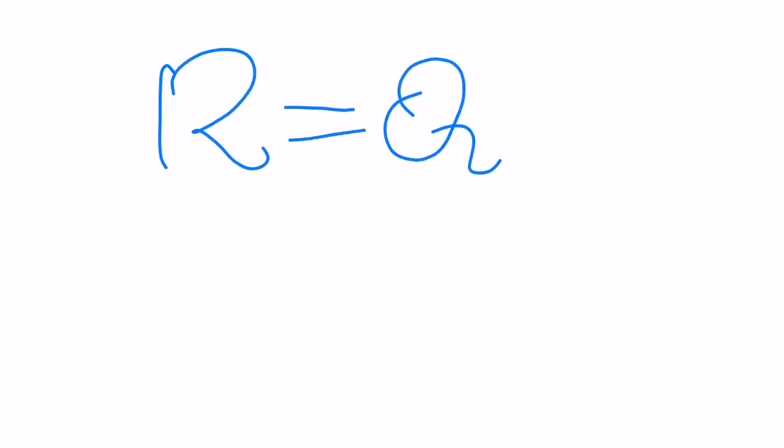Basically, a real number is the union of rational and irrational numbers. So before discussing rational and irrational numbers, first we have to discuss